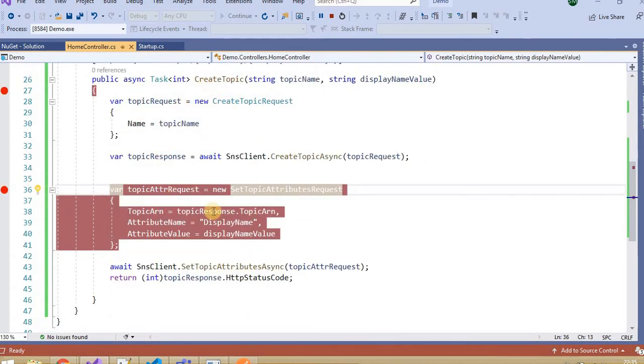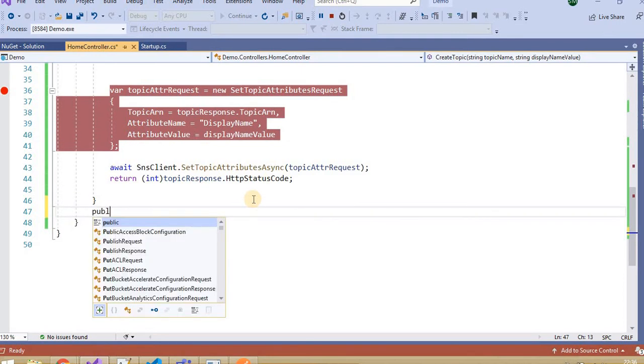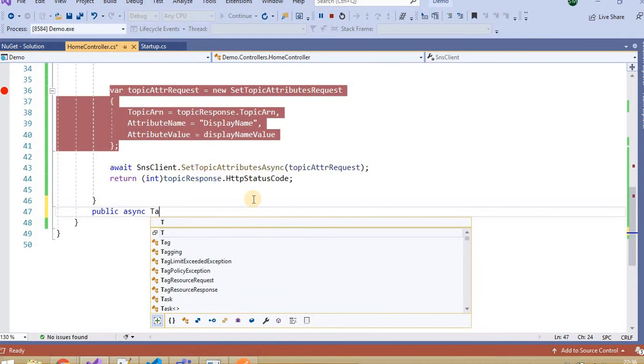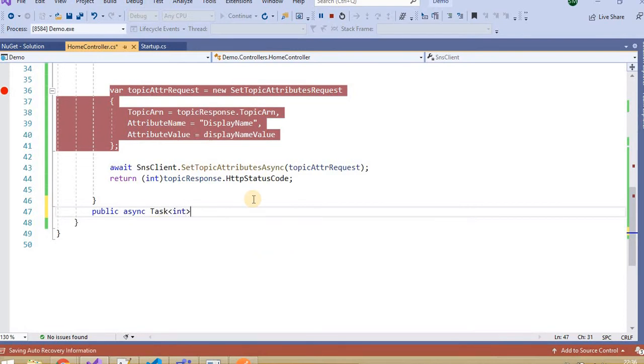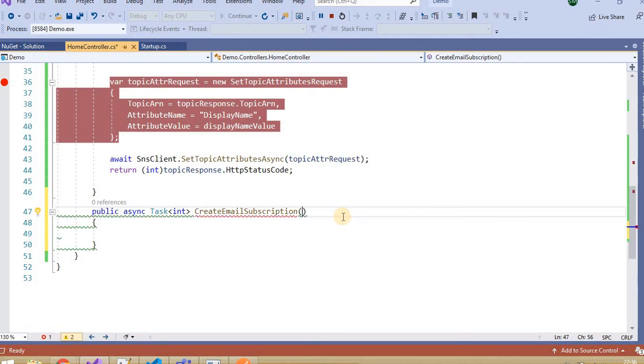Now we will create some subscribers under this topic. For that I will write code here. We need some parameters, like under which topic we will create this subscription.